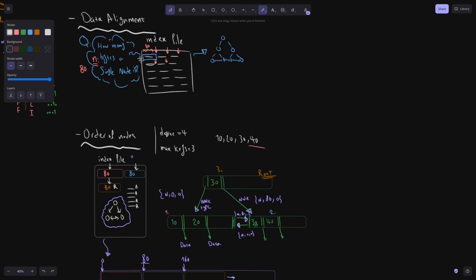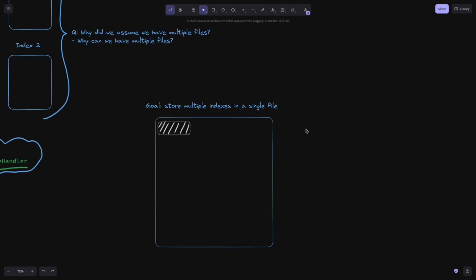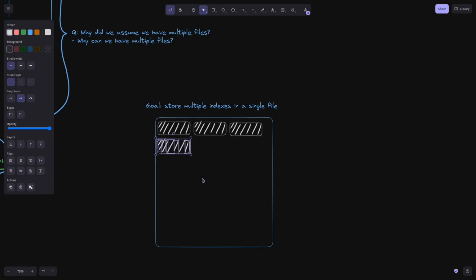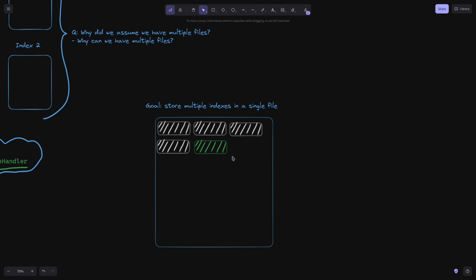each time we added a new node, it was added at the end of that file. This assumption worked fine when we had a single index file for each table, but if we want to add multiple nodes of different indexes into a single file, we would have a problem. So let's say for our first index, we have 4 nodes, which are shown in blocks of white color. And the question would be, what happens if we want to add a node to the next index, which we show in green? So we could add the new node at the end of the file, despite which B+Tree it